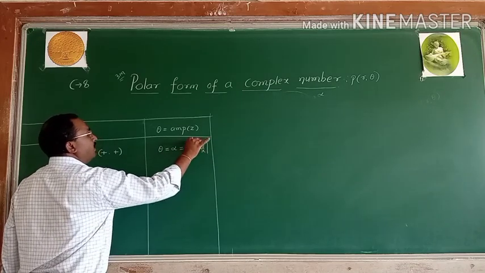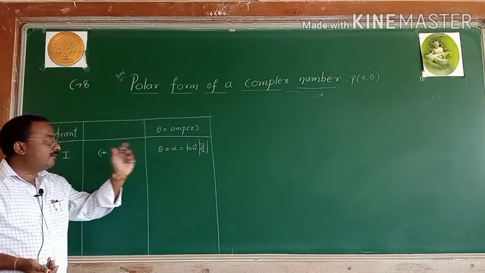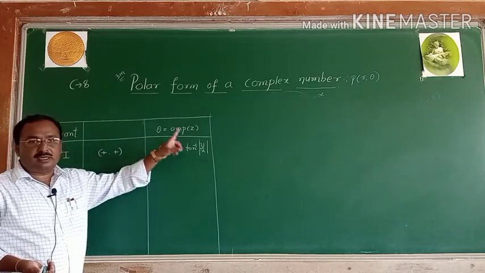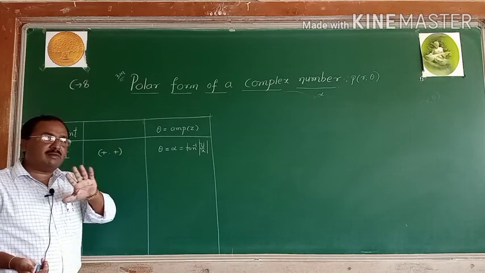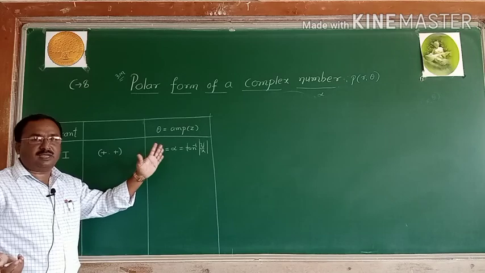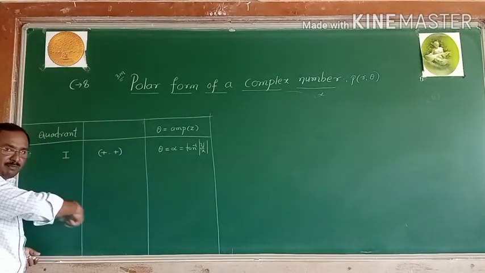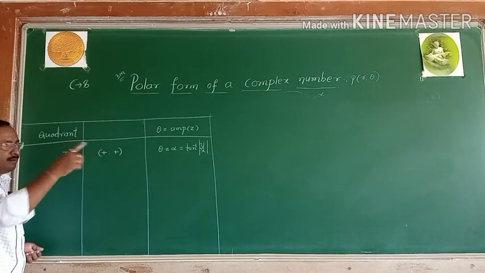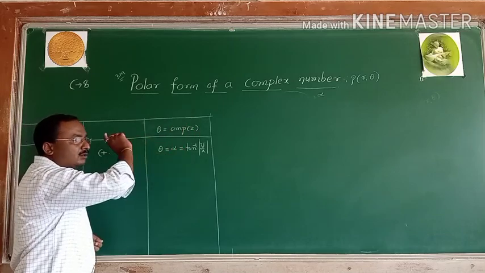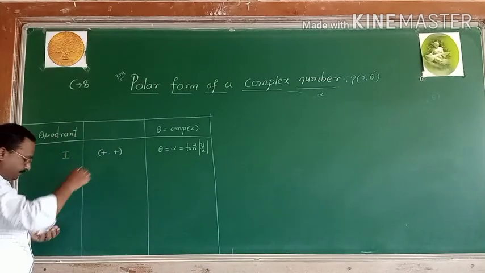In your notes, the printed notes that all of you got, there is one table on page number 11. Keep that table in mind, perfect for the 3 marks question on the polar form of a complex number. It is not necessary to read all the rest, but this table is very important.